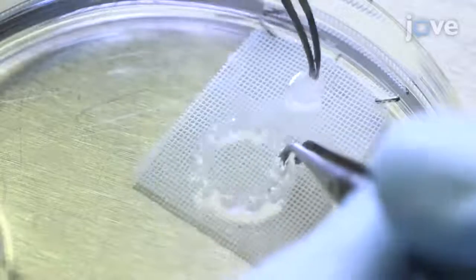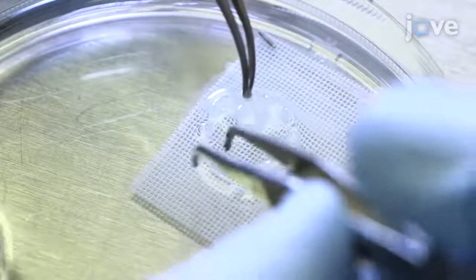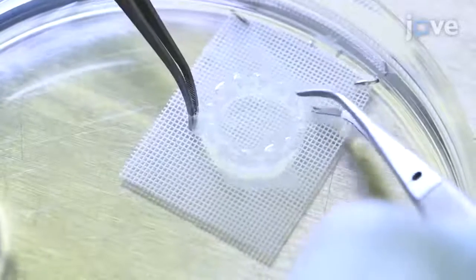Insert the smaller ring of the culture insert between the nylon and the membrane, making sure that the membrane covers the smaller ring completely. Clip the second part of the culture insert to the top of the membrane so that the basement